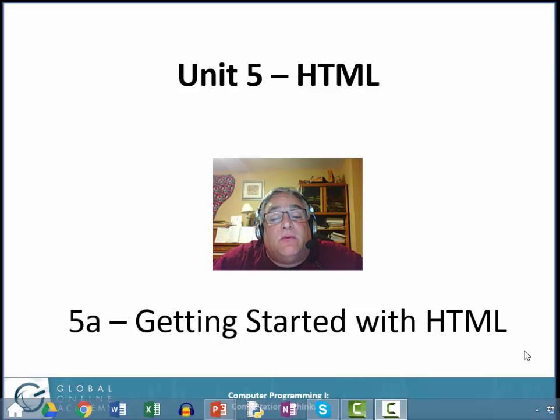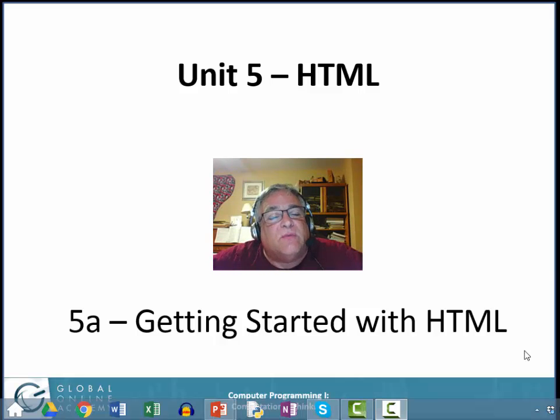Let's get started with some HTML. In this unit, you're going to learn a little bit of HTML, and you are going to learn how to create it in a file on your machine, either Windows or a Mac, and be able to execute it properly. This should be a very short little video, and then you'll have an assignment that just proves that you can